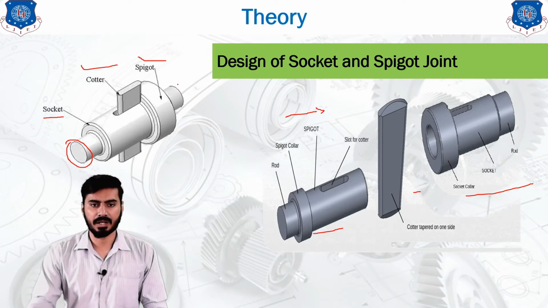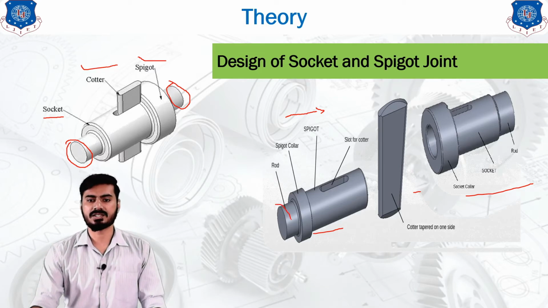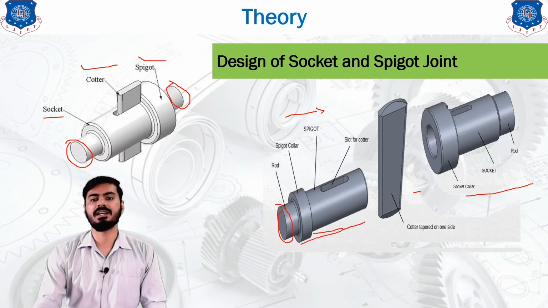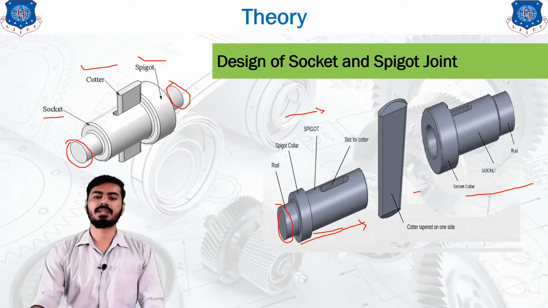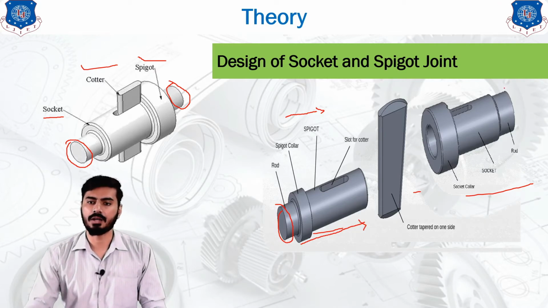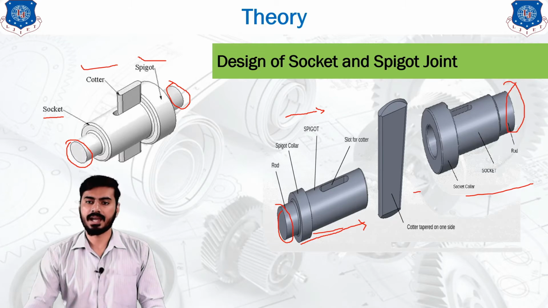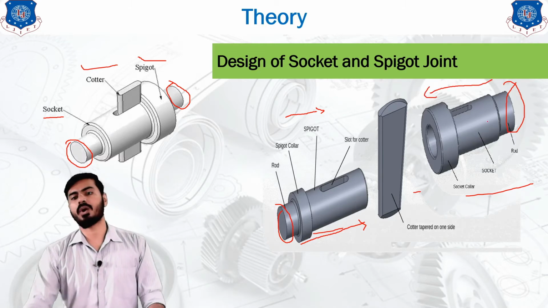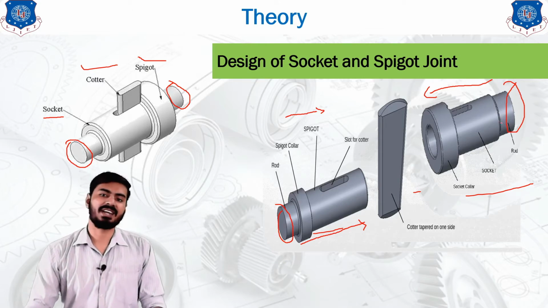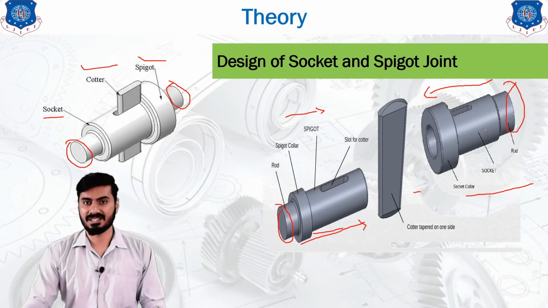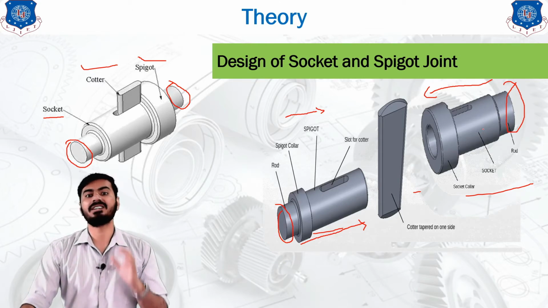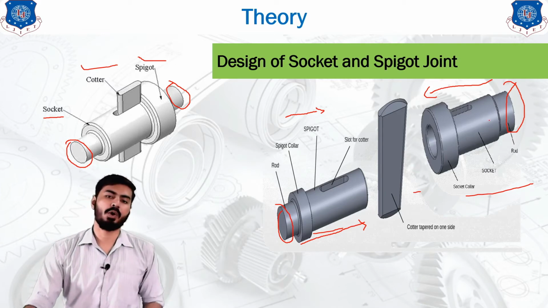This is one of our shafts. This is also one of our shafts. This is the shaft end of our shaft, and the end of the shaft is modified in this shape. So we can say that this is also an end of a shaft, and the end of the shaft is modified in this shape. It is not joined with the shaft. The shaft end itself is made in this manner in order to create the socket and spigot joint.